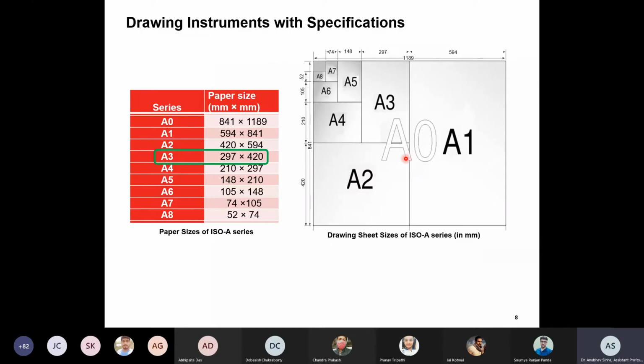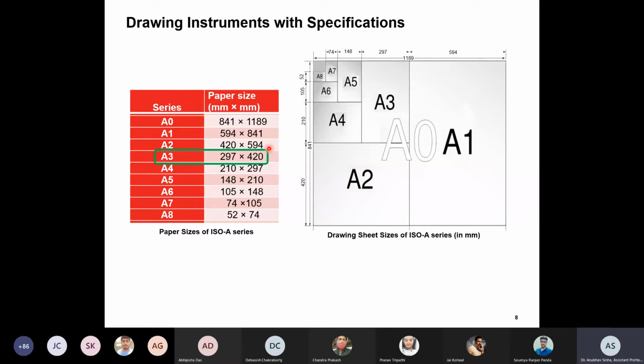And coming to the size of your drawing sheet, the biggest sheet available is A0. This is the full size, and you can see the dimensions here. Generally we talk about A1, A2, A3. How many folds you make to A0 determines the sheet name. For example, if you fold it once, in the middle, it becomes A1. If you fold it again, it becomes A2. Fold it 3 times, A3. You are supposed to get a sketchbook of these dimensions: 297 by 420 millimeters. A4 is generally what you use for printouts.